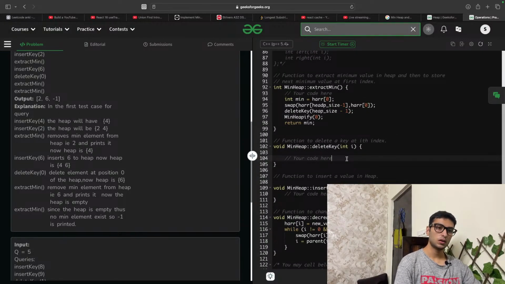Got it. Okay, and then now I have to implement the delete key function.